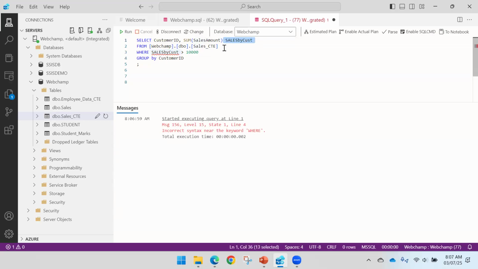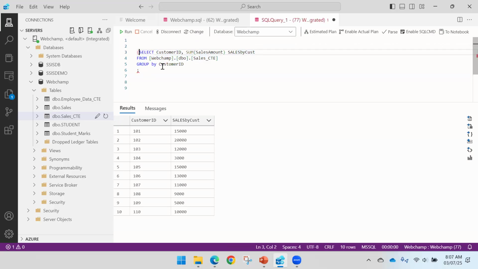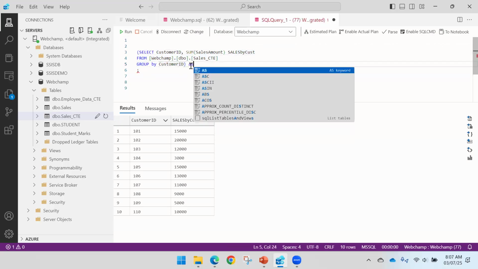This column will be created after the execution of query. So now how can I handle this? Okay, this statement works well. So either you can use the subquery. I will put this inside the bracket and then I will say as